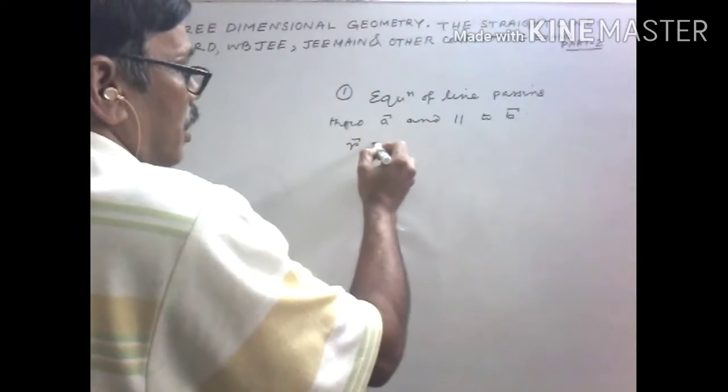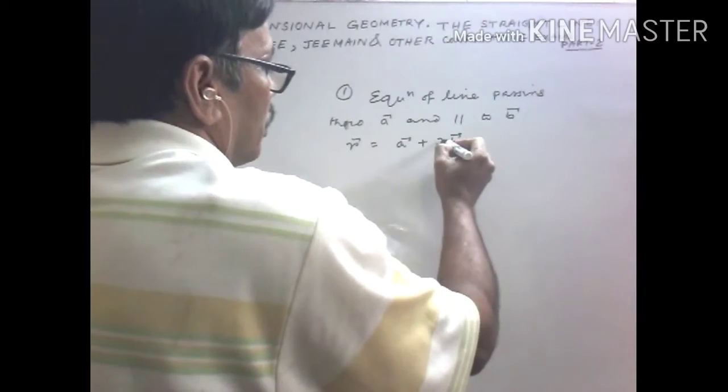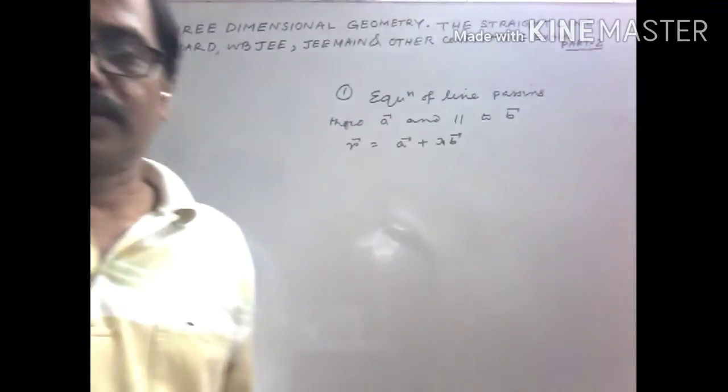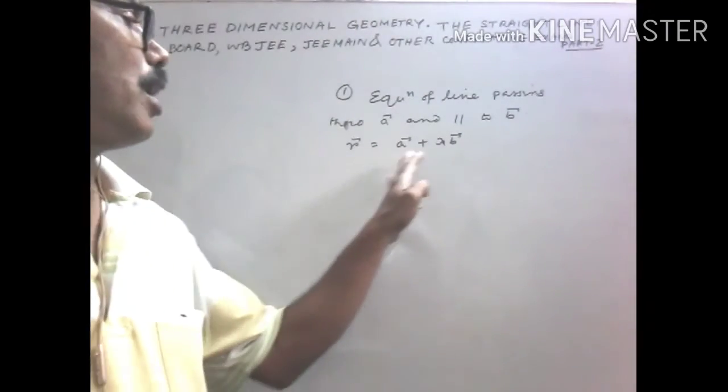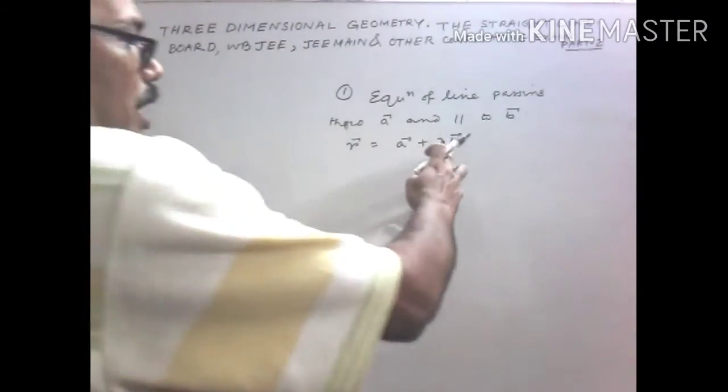This is expressed as r equals a plus lambda b. So passing through a vector and parallel to b, r equals a plus lambda b, where lambda is any